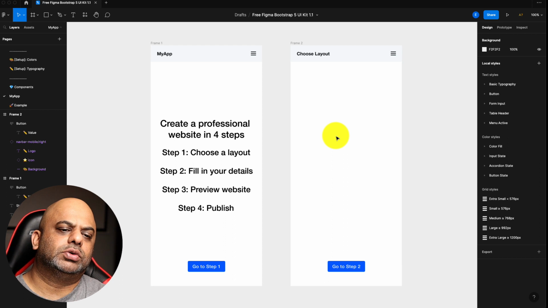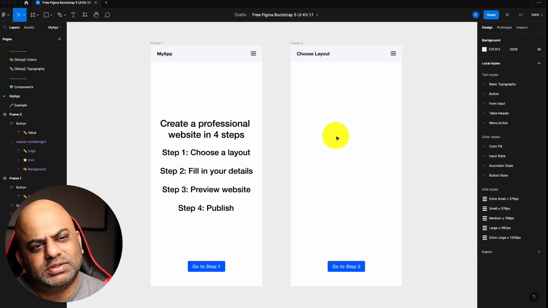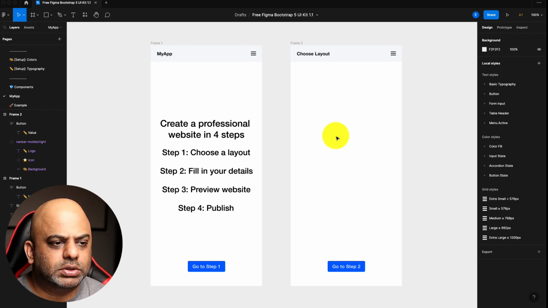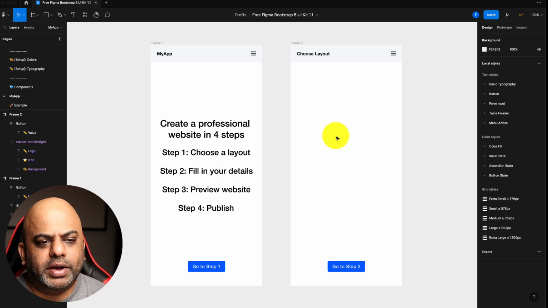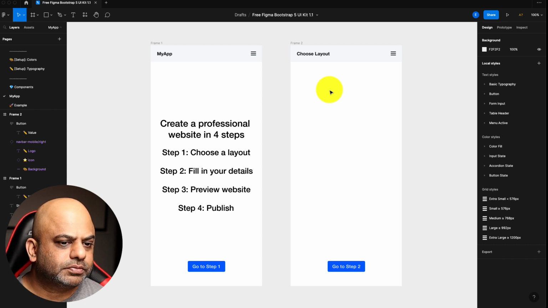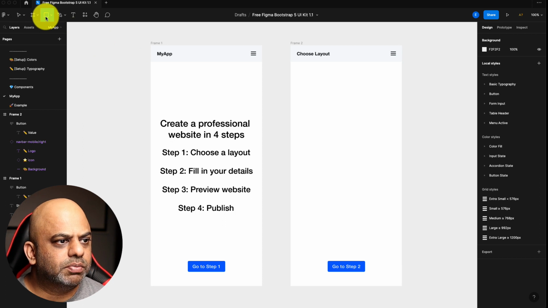What I'll have here is a few different layouts. I think I'll start with 6 different layouts, maybe 2 professional business websites, 2 single product websites, and 2 profile web pages, where you give a bio, for example, and you have all your social media links on that web page. For here, I'll just put some placeholders. I'll just put rectangles here.